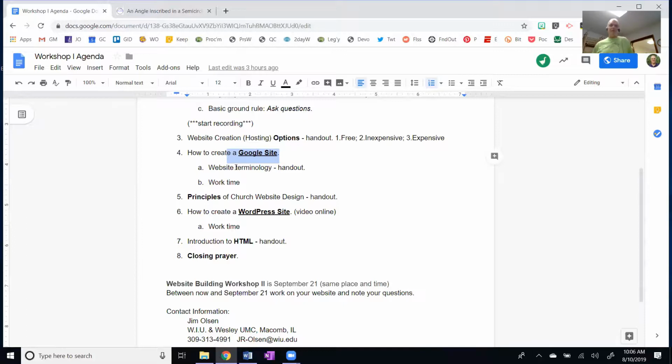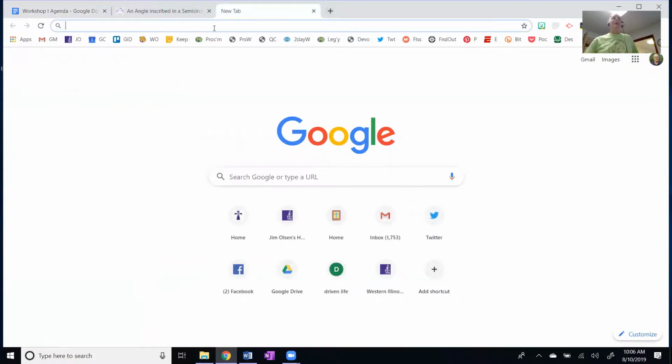So what I need you to do is somehow log into Google, okay? Personally, I start with my Gmail, okay? However you want to log into Google, log into Google.